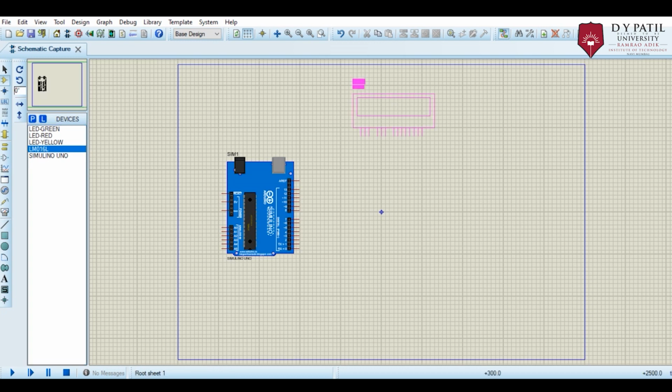After the selection of components, make the circuit layout of your project and connect all these components with the wire.